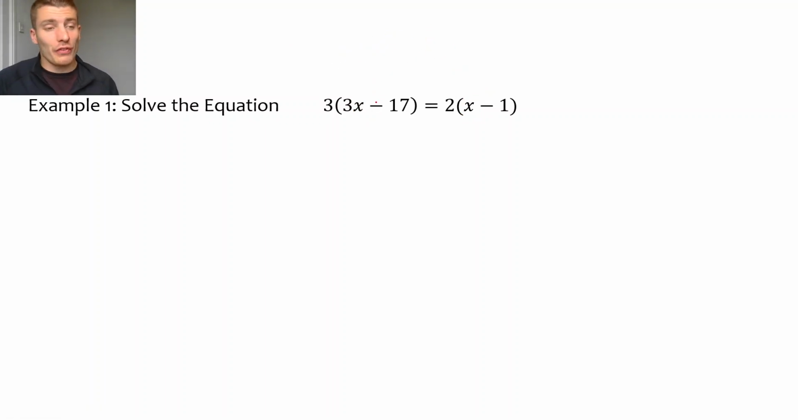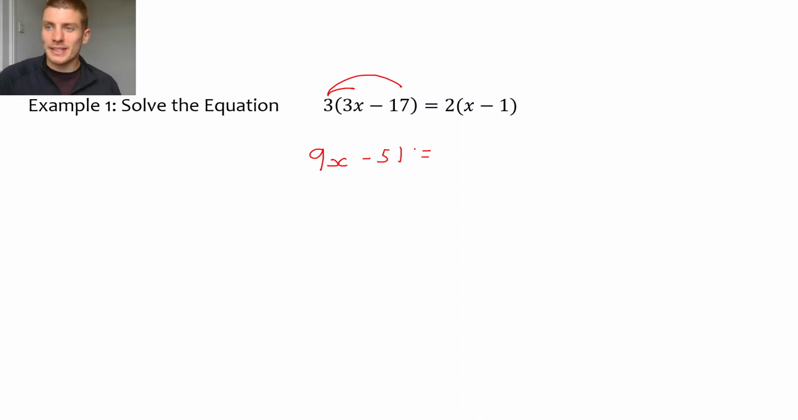Now, first of all here, you've got brackets. When you've got brackets as well, expand them, distribute everything out. That's the first thing you want to do here. So go and multiply out the 3 to the 3x here and to the minus 17. So 3 times 3x will give you 9x, and 3 times minus 17 gives you negative 51, and that's